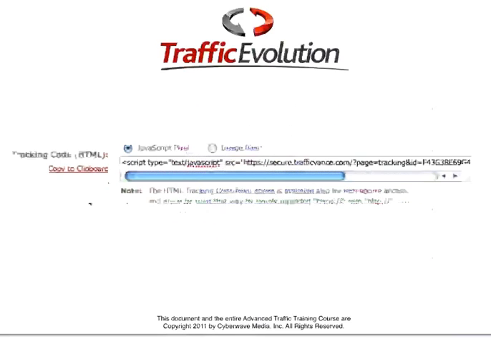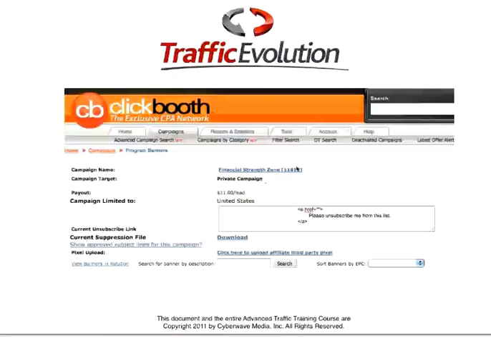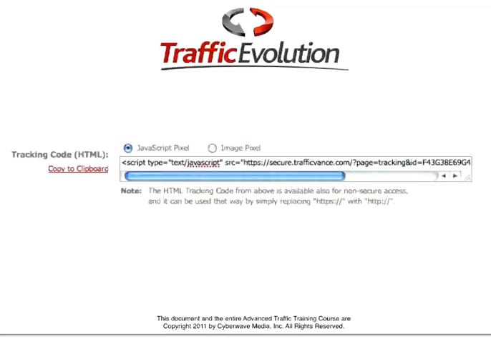So there's another kind of tracking code as well, and that is the tracking code we use as an affiliate, right? When we get an affiliate offer, the example I've got here is in ClickBooth. Let's say I want to run this offer. It's the Financial Strength Zone offer. It pays $11 a lead. I've just found it on ClickBooth. I'm thinking it's a pretty good campaign. I'm going to run it on